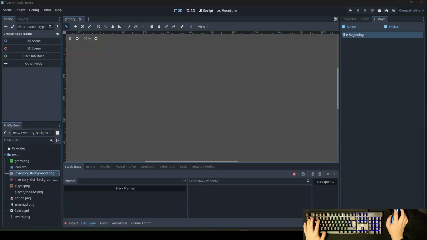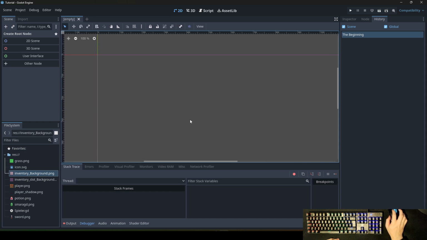Today I'll show you how you can find your way around Godot. Here on the left side you can see a scene tree where you can create your scenes, like world, player, enemies and so on. Each of them will be its own scene which will be integrated into your game. At the beginning I like to create a 2D scene, as in most of my games I use to make